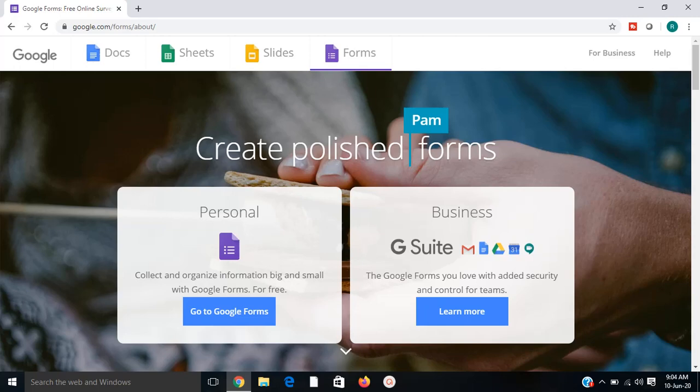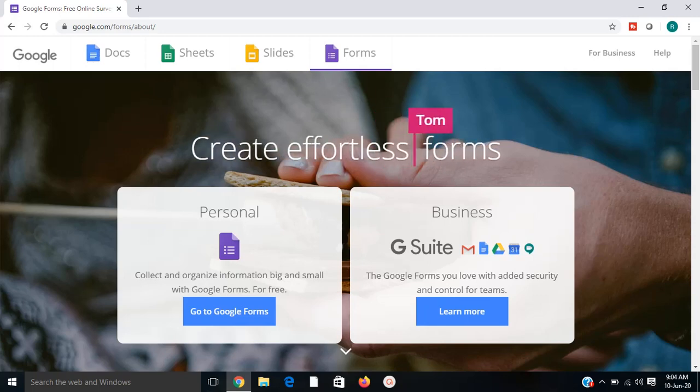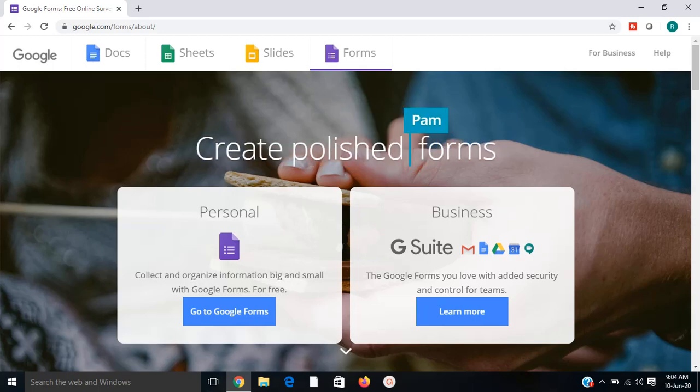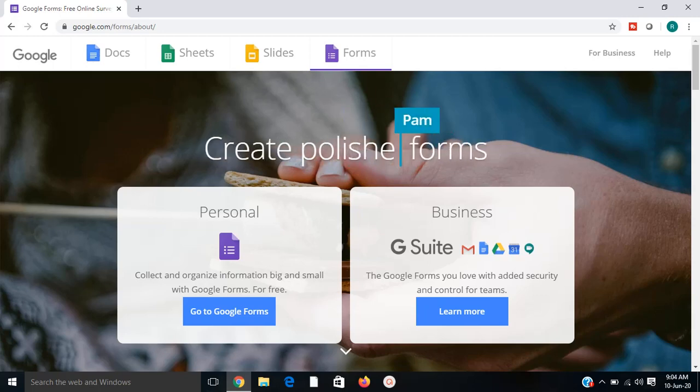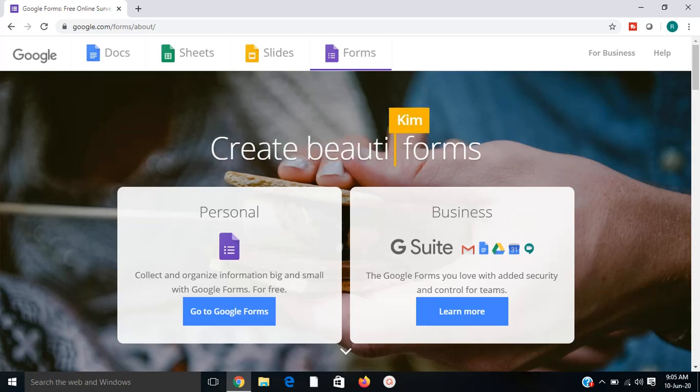I am going to tell you how you can implement the functionality of time and date limit in Google Form. Suppose you have created a Google Form and you want that Google Form to be closed automatically on a specific date and time. Then how can you do it? In this video I will tell you every step. Now let us start the video, and also try to follow my steps as I do them.